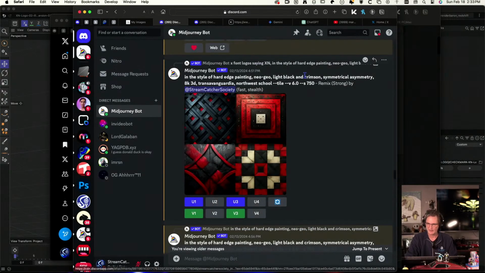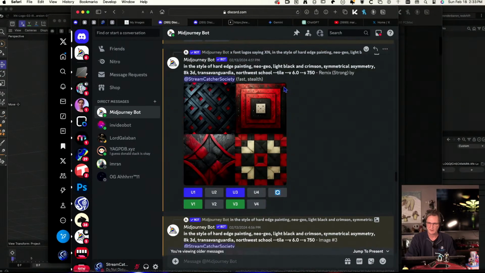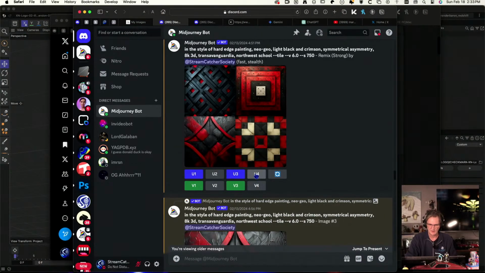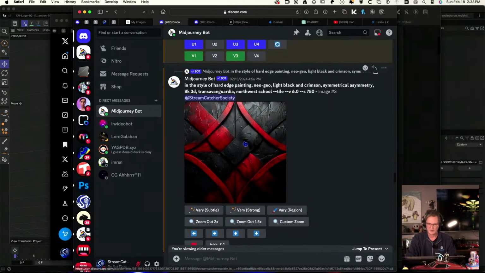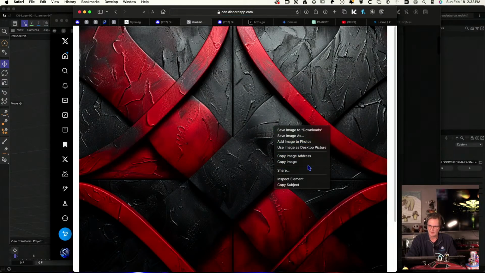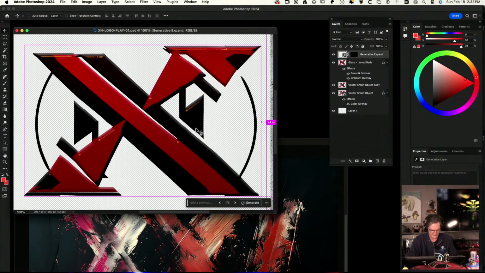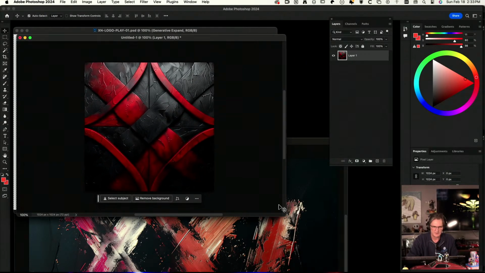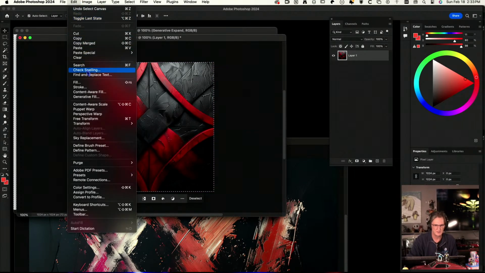These are tiled patterns, I believe. Are they? Yeah, tiled. So if you see here, there's --tile in Midjourney. That will allow you to create tiled patterns. And that one's kind of cool too. And then you can take these in. For example, copy the image. Bring it into Photoshop, paste it, Command-C, edit, define pattern,